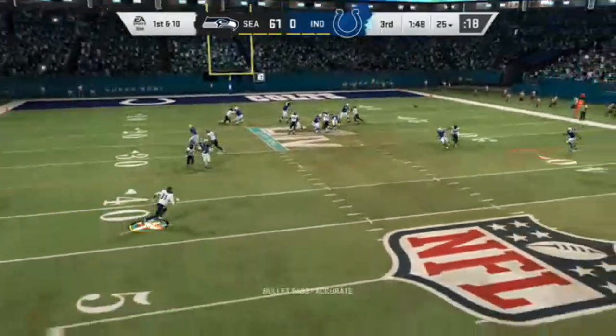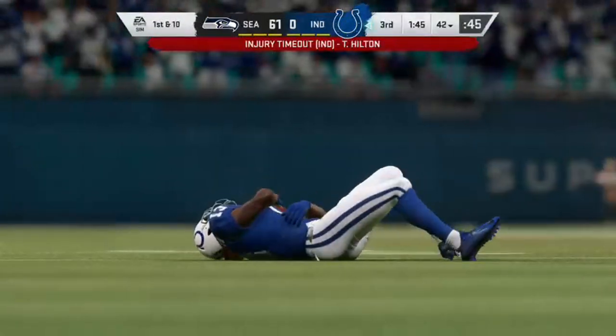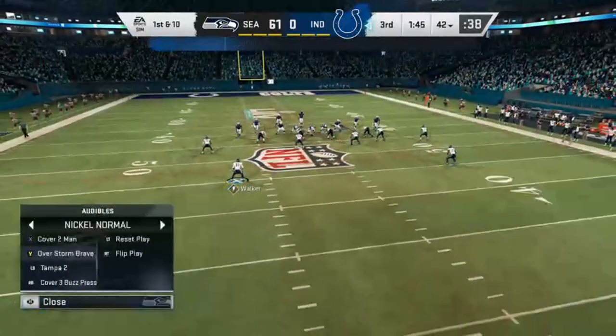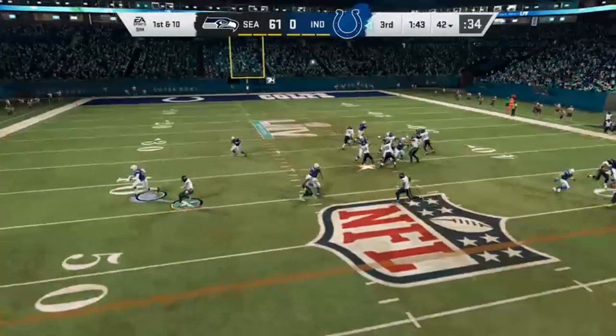Brissett on 1st down. Caught left side by Hill. And they get him down, but not before he takes it across the 40-yard line. One play has him up past the 40 already, and another 1st and 10. From the shotgun, it's